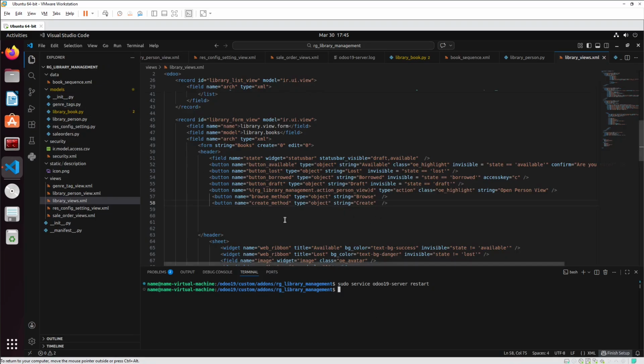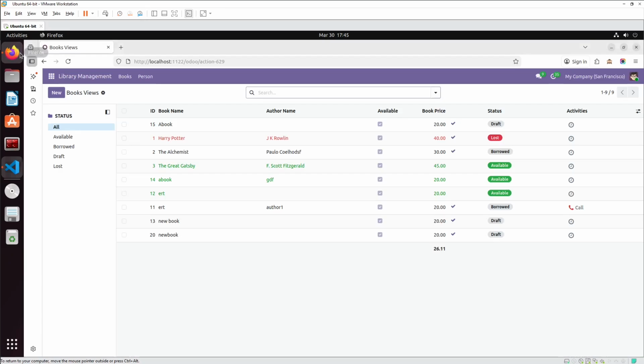So what I have done, I have simply created the button of create similar to the browse button and restarted my server. Go to the apps,